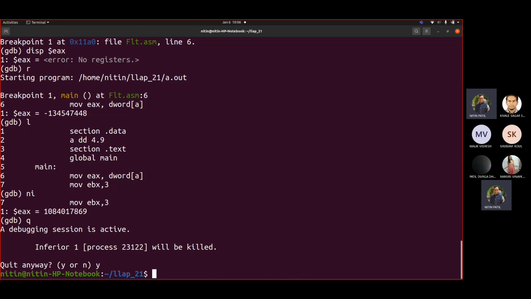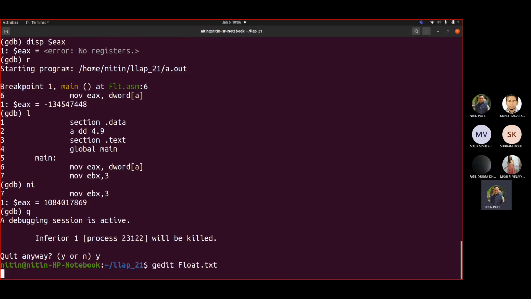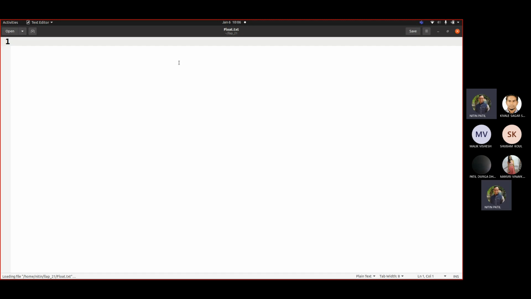Now how exactly does it work? We have different registers. The floating point stack is used, numbered ST0 to ST7.